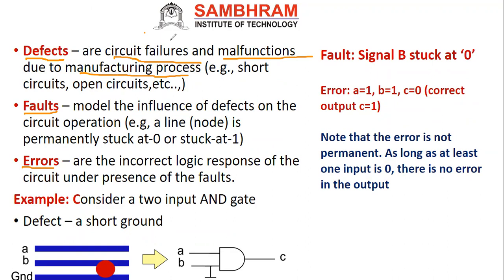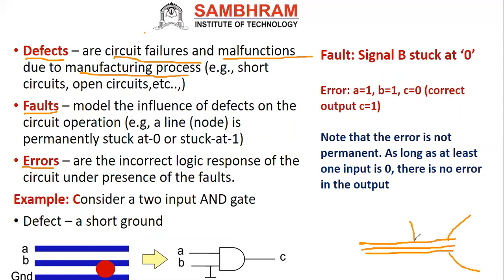For example, while doing the manufacture, there can be a short circuit and there can be an open circuit. What I mean is, we have a P substrate. Above the P substrate, there will be a silicon dioxide layer. After the silicon dioxide layer, we do the diffusion process of polysilicon. So now this will be one layer of polysilicon.